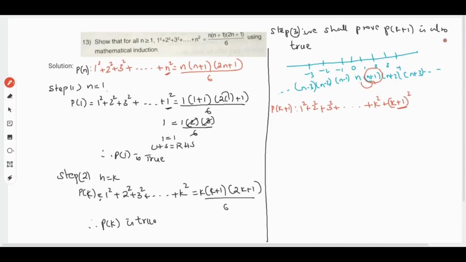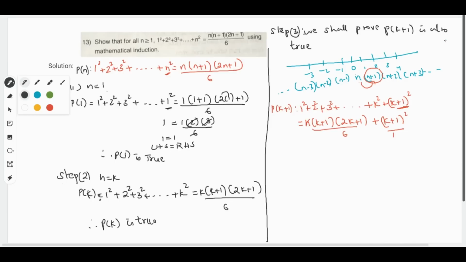Whatever I am adding to the LHS, the same value I will add to the RHS. That will be k plus 1, 2k plus 1 divided by 6, plus k plus 1 whole square. Whatever I am adding for LHS, the same term should be added in the RHS. Now we have to simplify this term to get the value of k plus 1. So here